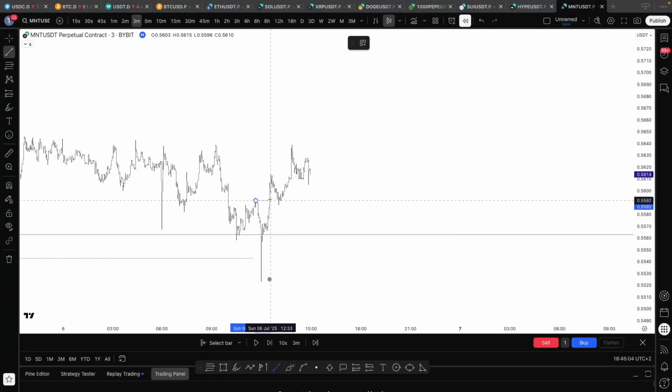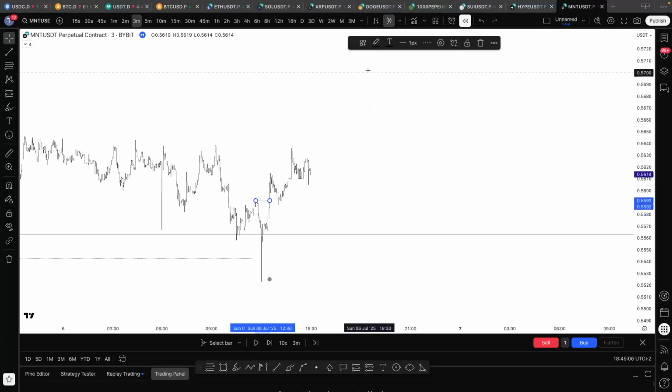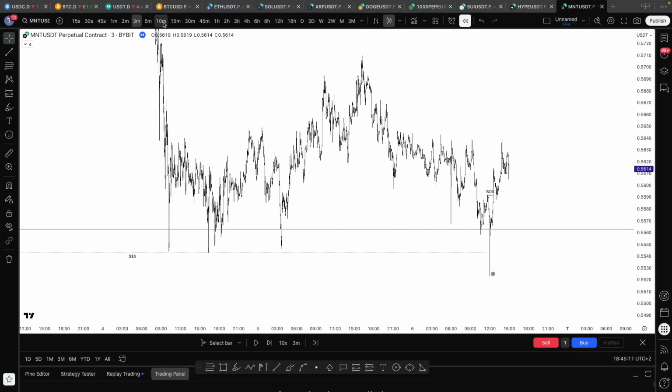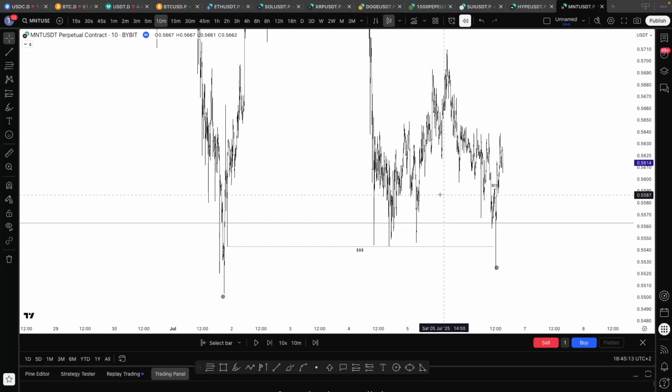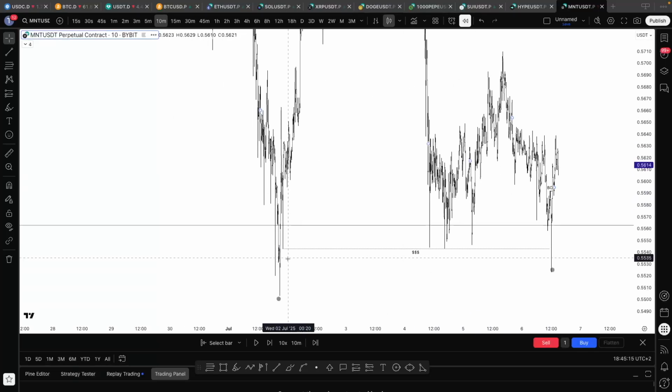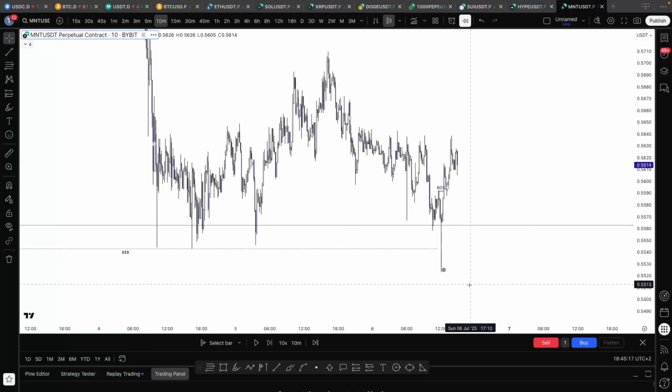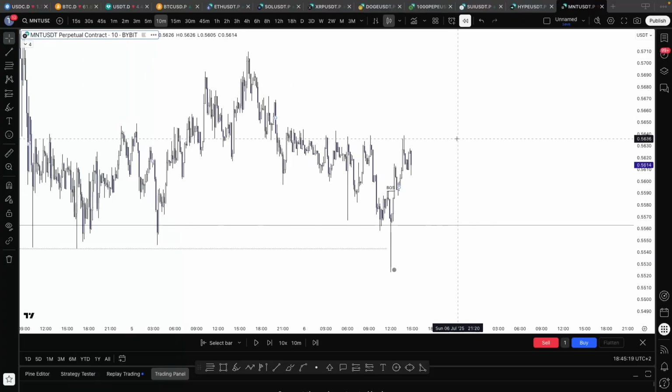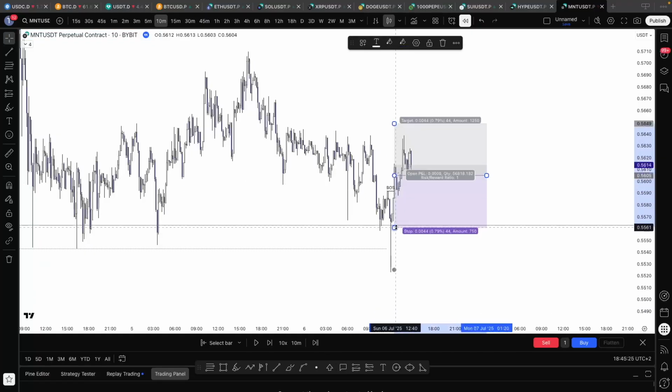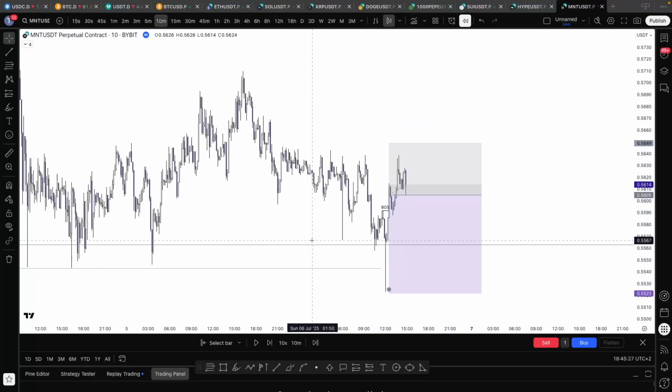That's where I entered, because this was so aggressive and so beautifully pre-planned that I had a lot of conviction in this trade. You had a perfect extreme liquidity grab with an aggressive break of structure back inside the range, which confirmed my entry. So I entered on the break of structure right there,